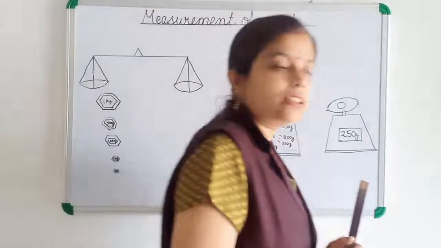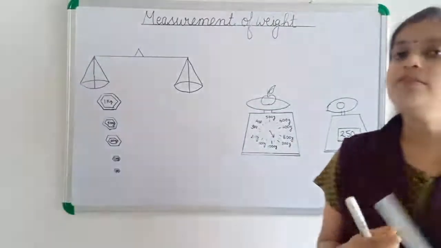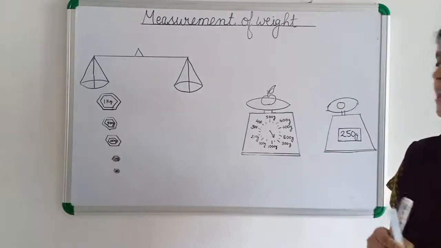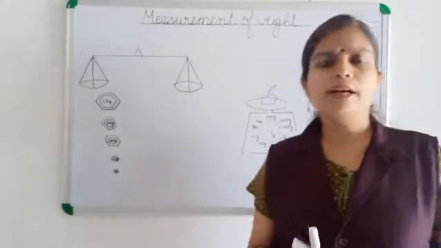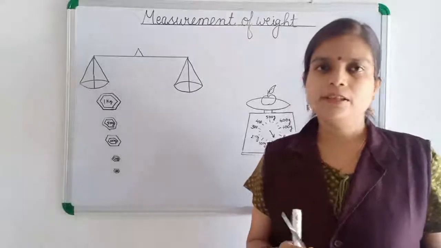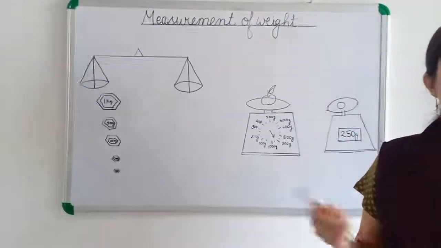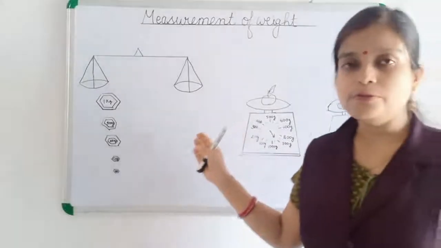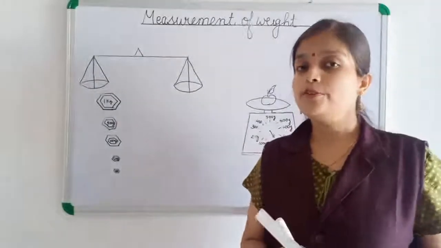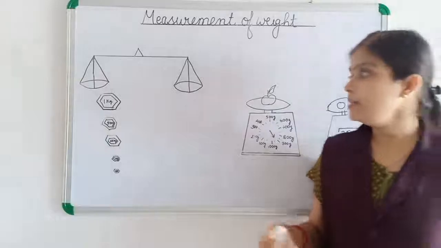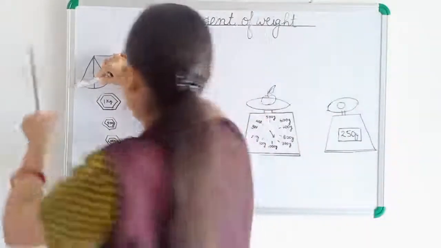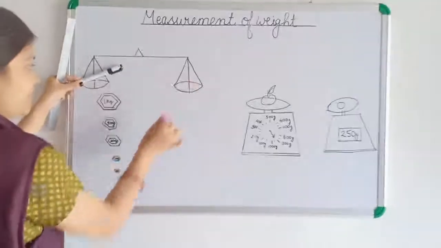And you have seen some small balances also in a shop, a gold shop. So varieties of balance you can see in the market. So what are all of them measuring? All are measuring the weight of an object only. We are using this tool to measure the weight of an object, and by this tool nicely, I will put this one here, and then I will put one by one each and every weight.